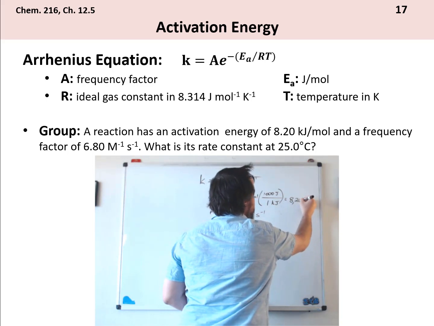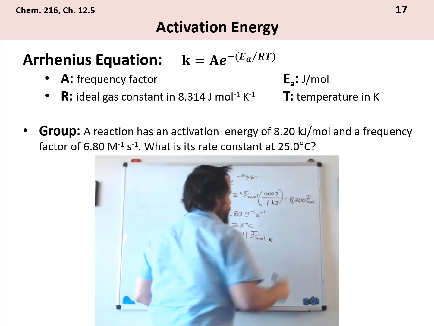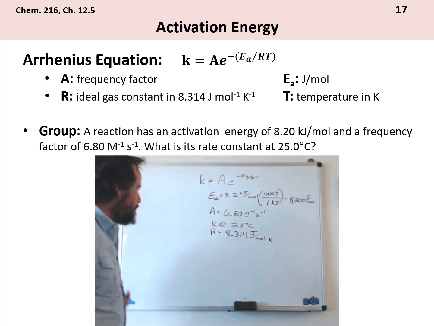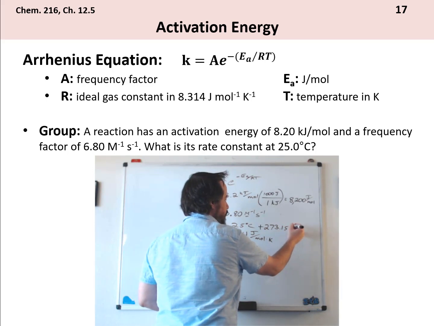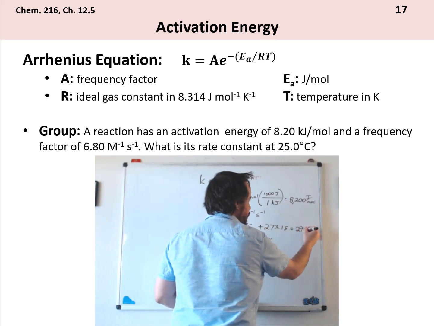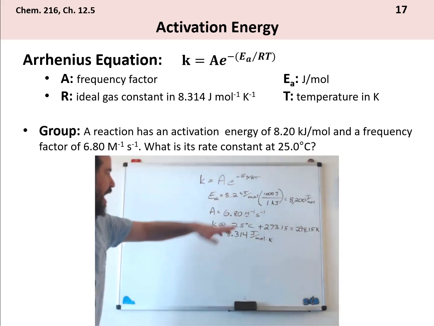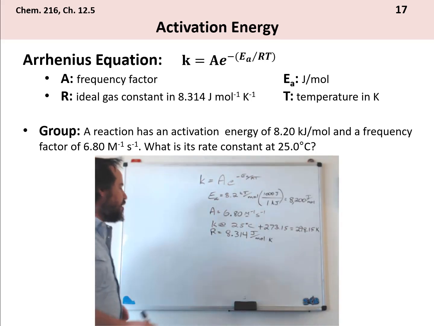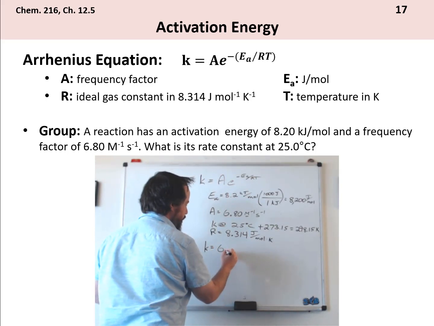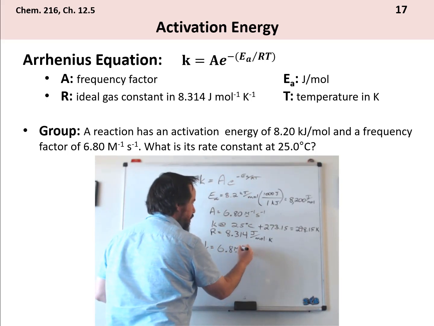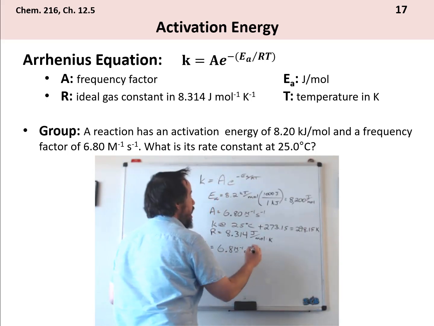Hopefully this becomes second nature. I know me saying that little spiel has become second nature to me. So I can convert 25 degrees C to 298.15 Kelvin. Okay. All right, so now I have everything in the right units. I can go ahead and use that equation: 6.8 molar to the negative 1, second to the minus 1 e to the negative